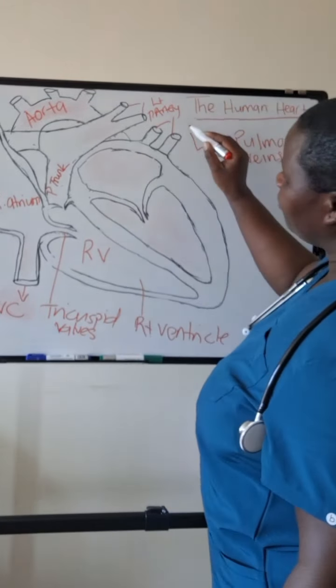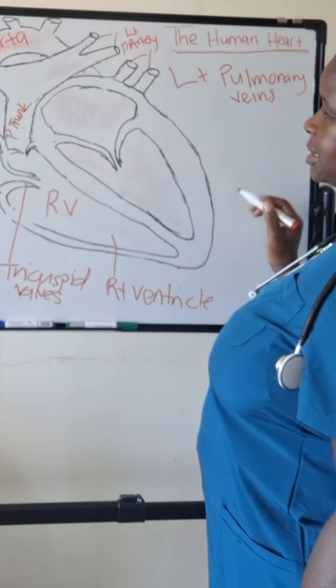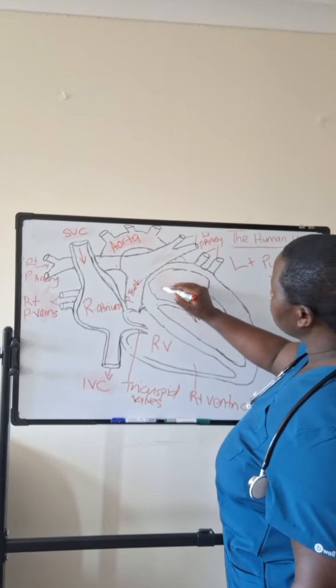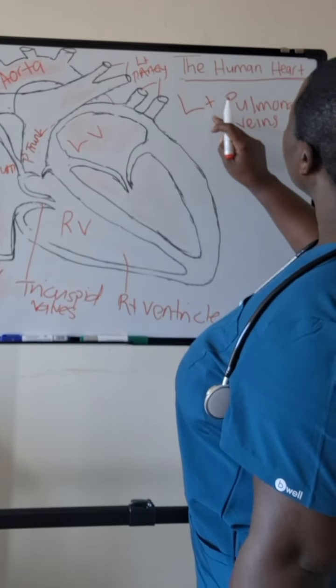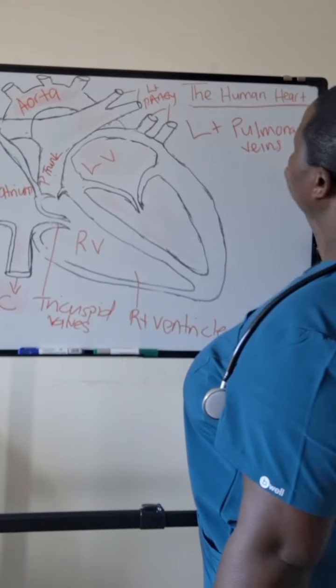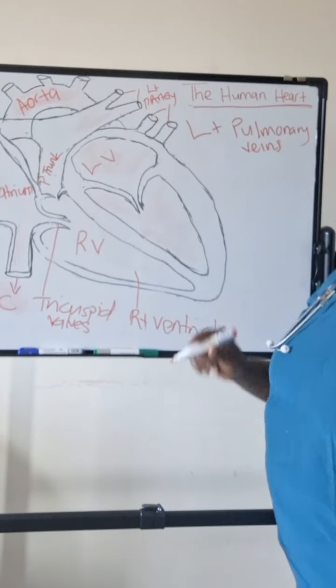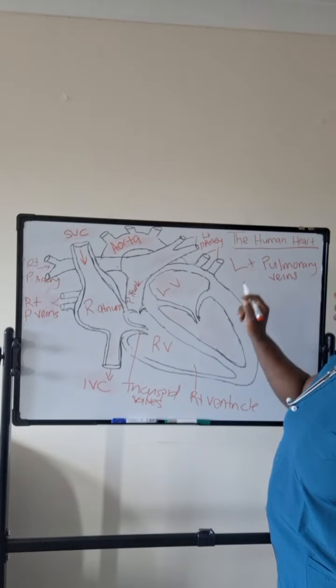The pulmonary veins bring oxygenated blood from the lungs into the left atrium. So the right pulmonary veins and the left pulmonary veins are the only veins in the body that carry oxygenated